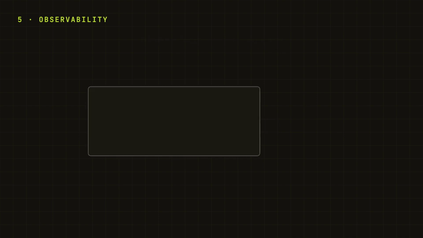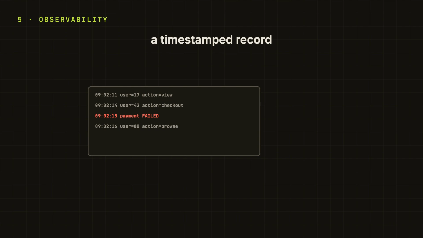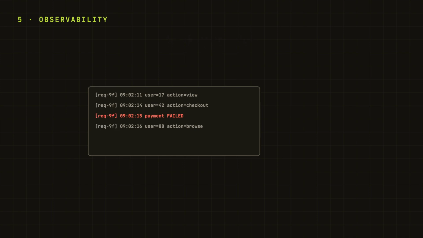The second pillar is logs. A log is a detailed timestamped record of individual events. User 42 tried to check out. Payment failed with this error. Logs answer the question, why did it break? The detailed story. And the key practice, logs should be structured and tagged with a request ID,